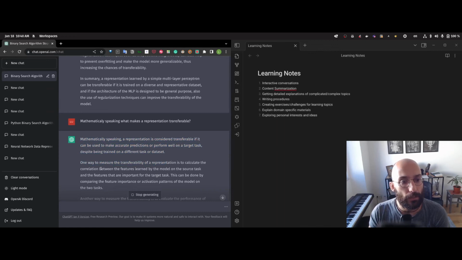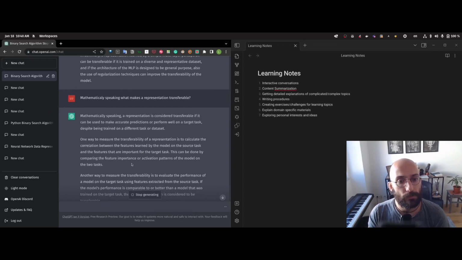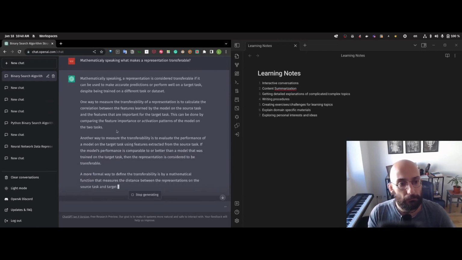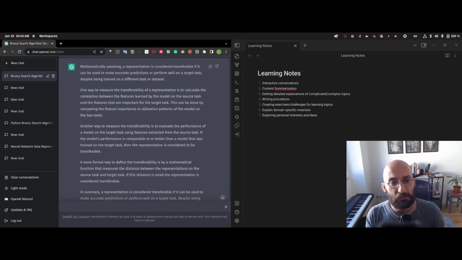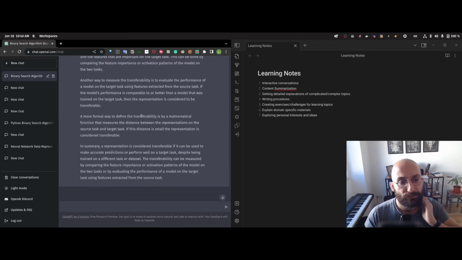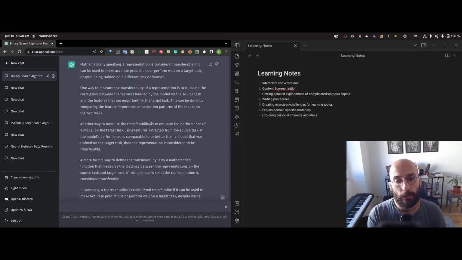One way to measure is to calculate the correlation between features learned by the model on the source task and features important for the target task, and then by comparing feature importance and activation patterns, evaluate performance. So this paragraph gave something a little bit more technical, saying that I could calculate the correlation between features learned by the model and features that are important for the target task, although this is still kind of vague. Overall, the point here is